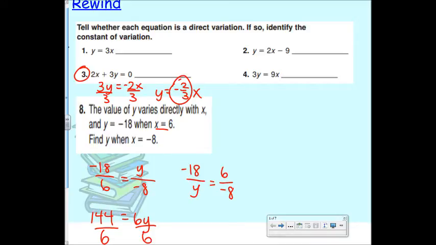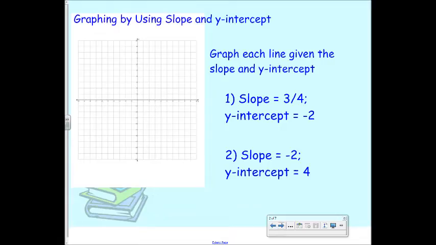Okay, so we are going to talk about how to graph using slope and y-intercept. So how many of you guys, before we started talking about slope, before we started talking about intercepts, knew the equation y equals mx plus b? That's most of you. So most of you had heard that before. Even if you didn't know what it was, had you heard it before? Yeah. So y equals mx plus b